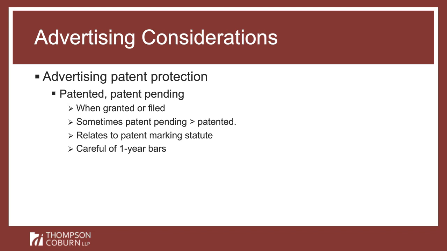And the 1-year bar, as you see, there's an issue, and I want to make sure that you're on top of it. Generally in the United States, there's a 1-year bar for public disclosures. If you disclose something publicly, you can obtain a patent as long as you do so within a year. Now, that's pretty easy to do if you've got control of your inventors, but sometimes an advertisement may be considered an offer for sale. And if you've got an outside agency that's doing that, or an agency or entities that are presenting your products at trade shows, that may trip the trigger of that 1-year bar even earlier than you anticipate. So you need to stay on top of the issue of